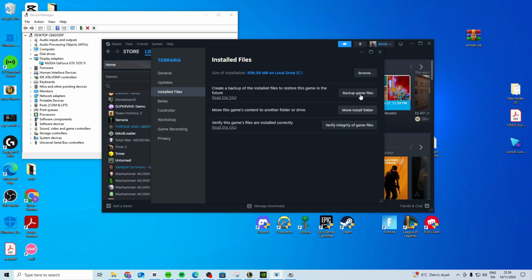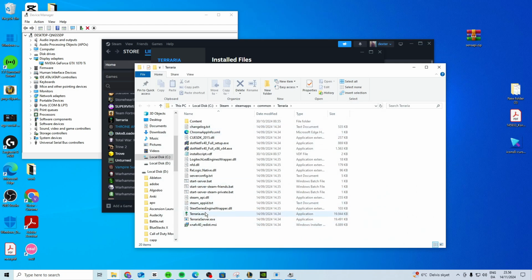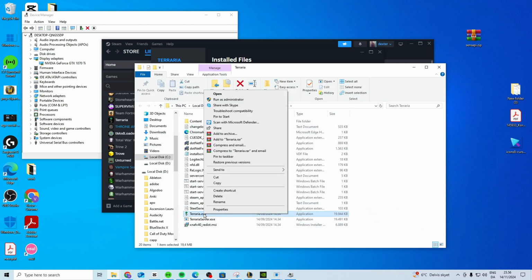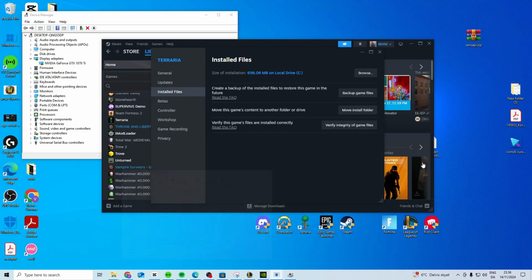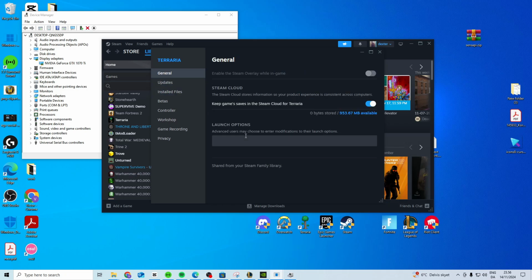If it still doesn't work, click on browse, find the .exe file, right click, properties, compatibility, and activate these two. Press apply and OK, and then try and launch the game now. If for some reason it's still not launching, you can go to general,